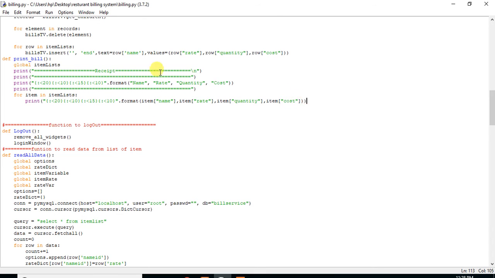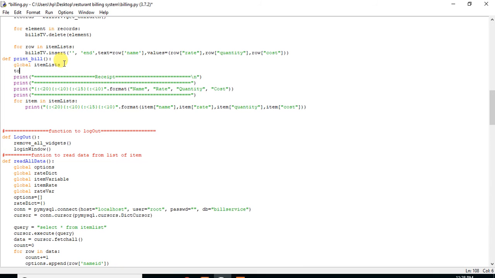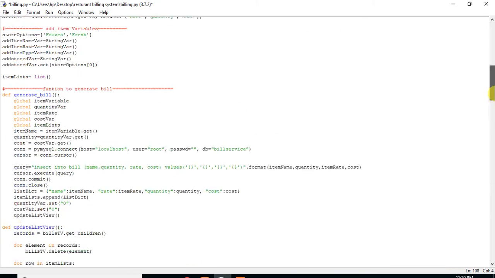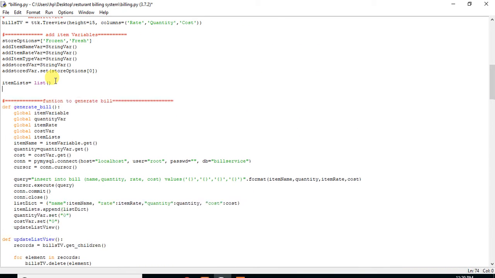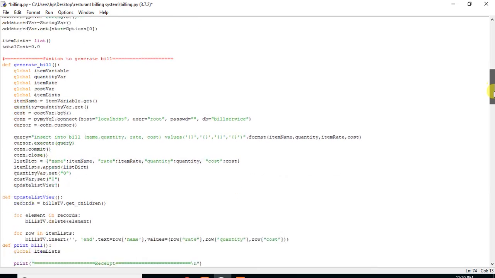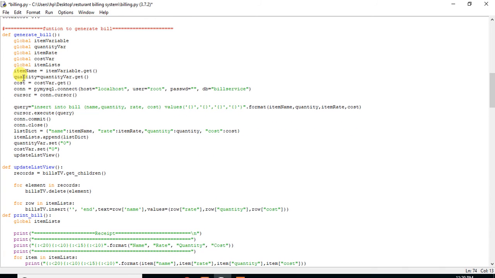Now here I have to calculate all the value. Total cost is equal to... I should before printing, total cost should be made before that. Let's make total cost here. Total cost is equal to 0.0. Now when I generate a bill, here I have to make this cost